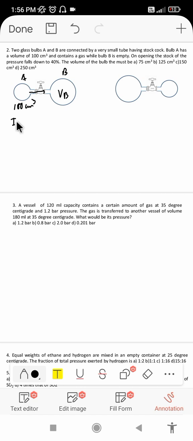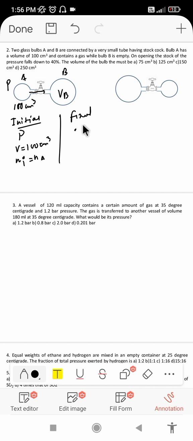So initially what was there? In the initial stage, the gas was in volume A, and the pressure they didn't mention. So initially the pressure was P, the volume was 100 centimeter cube, and the number of moles was N initial, that is equal to Na. What happens to the final? The final pressure is